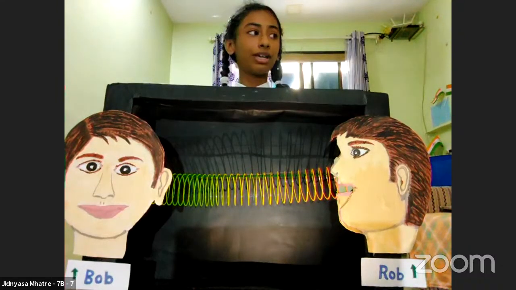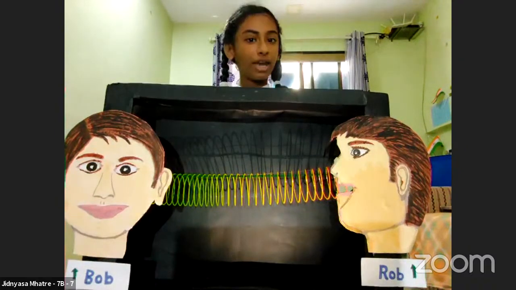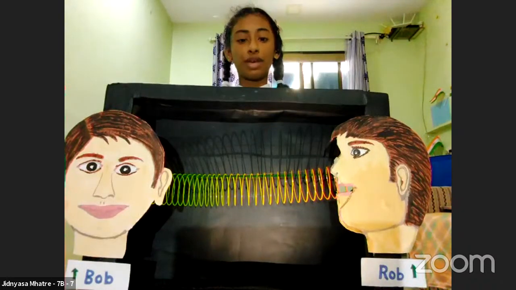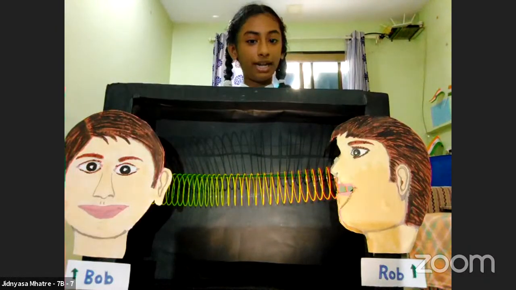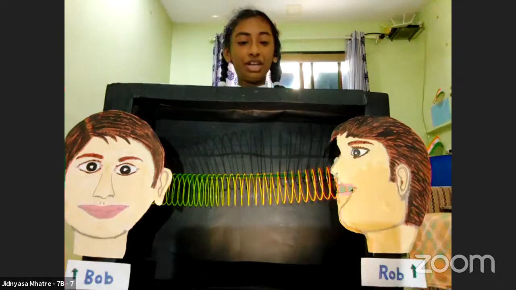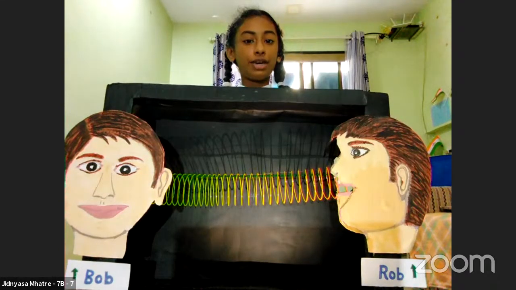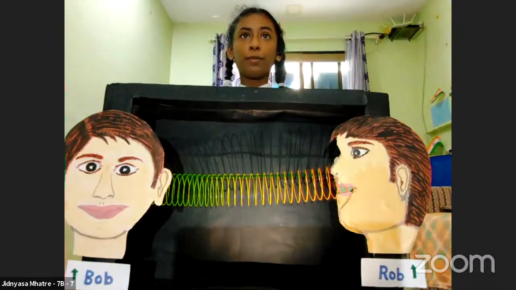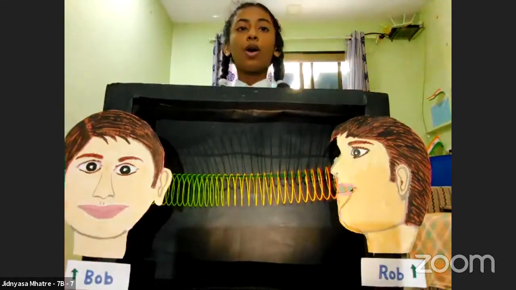But how does sound energy travel? Sound energy travels in the form of waves. Let us see a demonstration. How do sound waves work? These sound waves travel at different speeds in different mediums. The medium could be solid, liquid, or gas. I have made this model. I have used this plastic string to